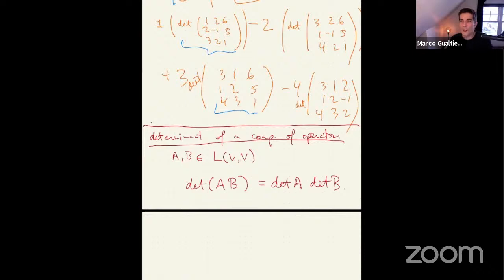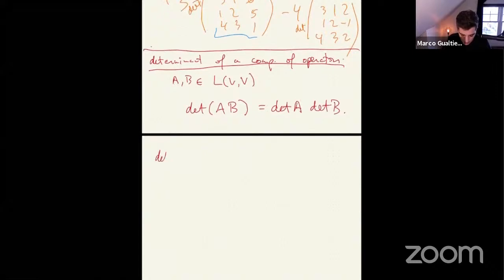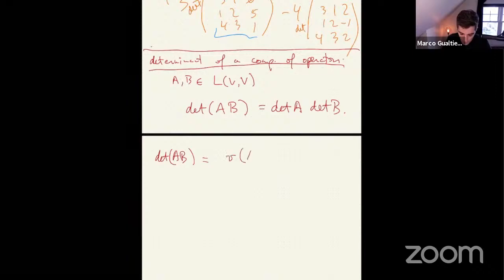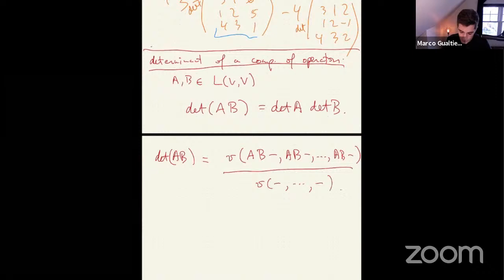Okay, so usually this is considered to be an identity involving determinants, but I would say that it's kind of obvious because of the way the determinant is defined. Because if I look at the determinant of AB, this is the volume where you put AB inside, and then you divide by the volume that you chose. That's the expansion factor that AB does to the thing. And so then what do you see here?